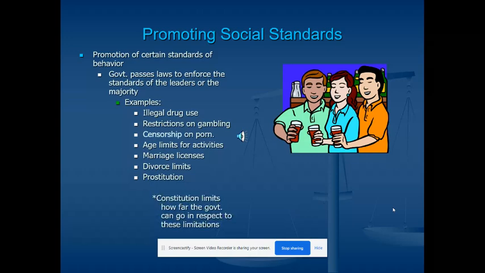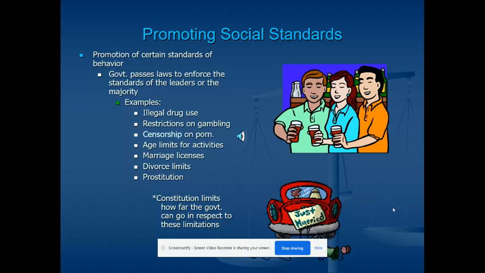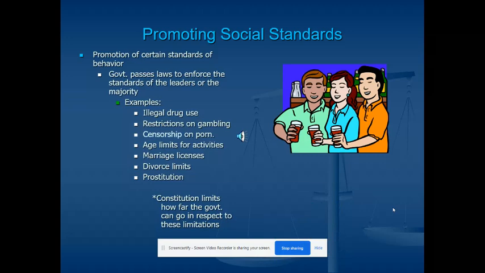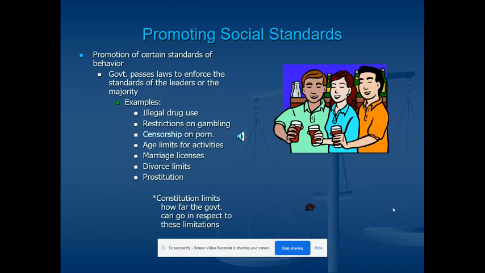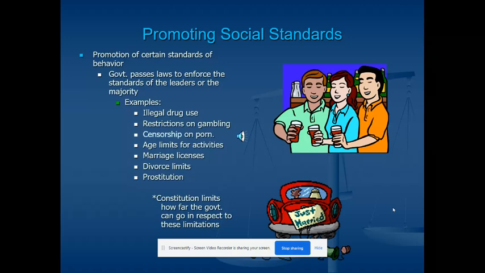Methamphetamines and heroin are really bad, and they hurt not only the individual taking them, but they cause problems with the rest of us, whether it be that person could commit crimes or they might need health care, those kinds of things. Now, depending on the state that you're in, some drugs are legal. Like in California, we do have legalized marijuana, but still there are restrictions around that, like you can't drive under the influence and those kinds of things.